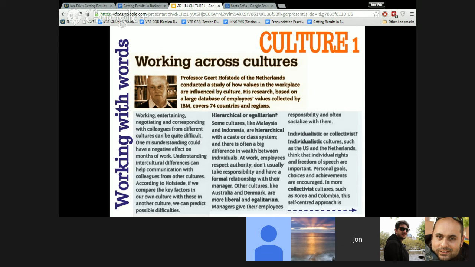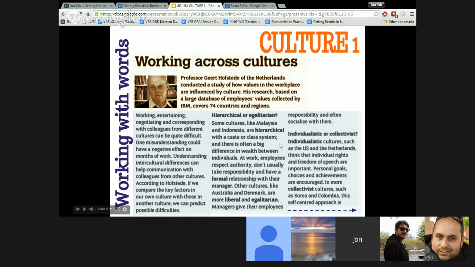Well, let's think about this for a minute as we read. We're going to get a little bit of a background about different cultures in this text, and then we're going to use that to pick up some more vocabulary. We're going to be talking about not just culture, but the structure of the culture. He's going to introduce us to some ideas about how cultures are organized. And then from there, we're going to go on to descriptive words for culture, how we can describe cultures in different ways. Okay? So let's do a little bit of reading.